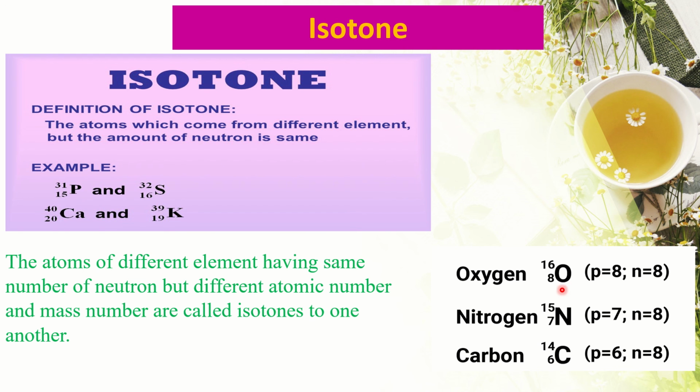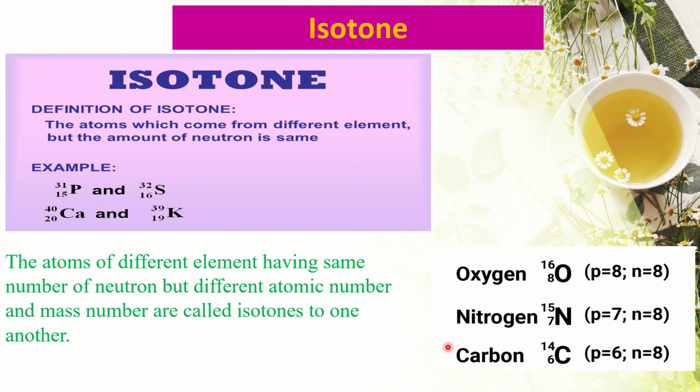Here is another example: oxygen, nitrogen and carbon. For this oxygen there are 8 protons and the mass number is 16, so neutron is also 8. For nitrogen 15, an isotope of nitrogen, 7 protons and neutron is 8. Carbon 14, an isotope of carbon, 6 protons and neutron is 8. All of them have 8 neutrons, but their atomic numbers and mass numbers are different, so they are isotone to one